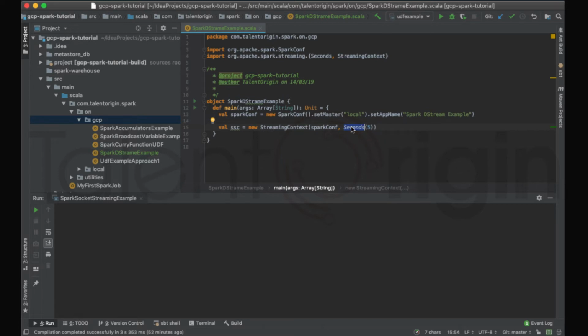Whatever data is there within this 5 seconds worth of time, only that data, and Spark will have visibility to that particular micro batch, right? It will not have visibility to the previous batches of data, that is the 0th to the 5th second,